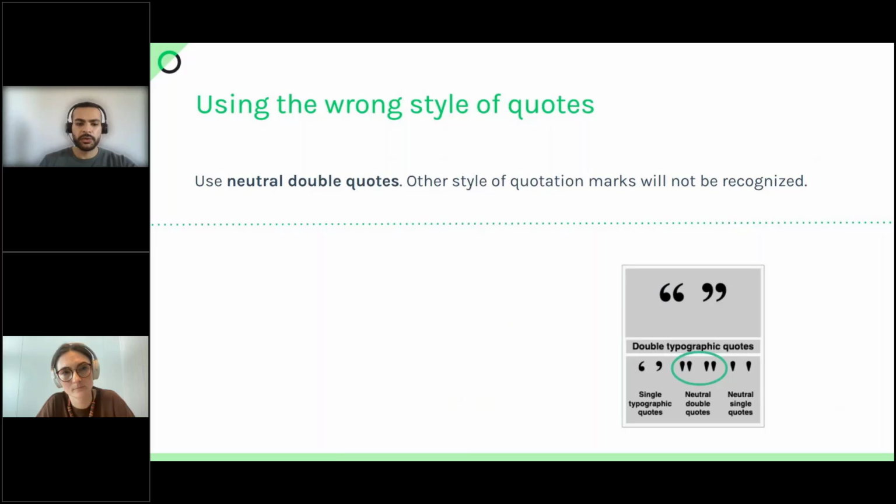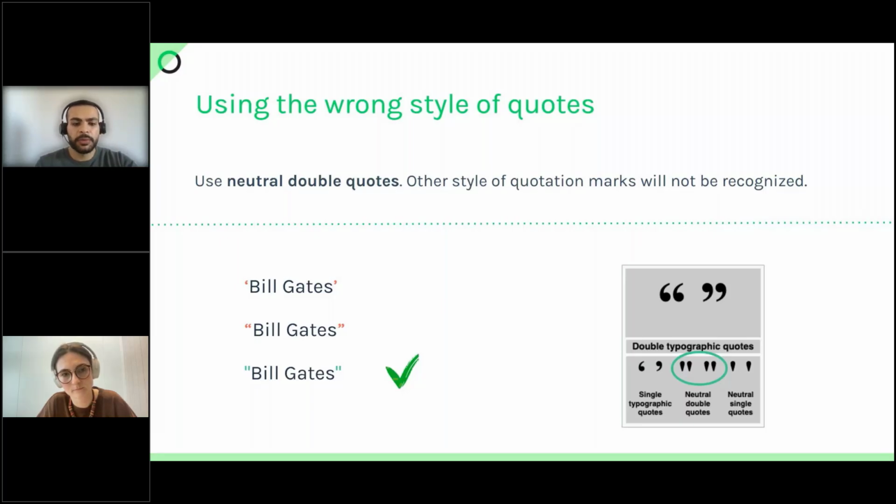And one of the errors that may occur is using the wrong style of quotes for multi-word phrases or keywords that contain special characters. Only the neutral double quotes are supported by the tool, and other styles such as the curly quotes or the single quotes are not supported by the tool. So here we have a few examples. The first one with single quotes, the second one with curly quotes, and the correct one is the neutral double quotes.